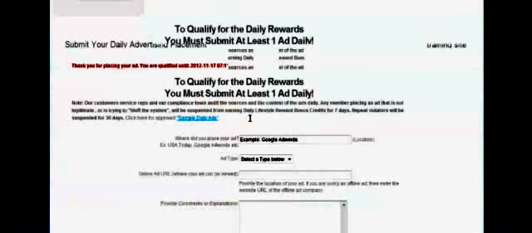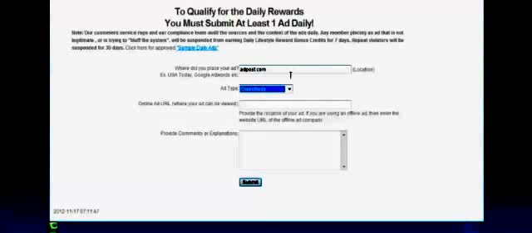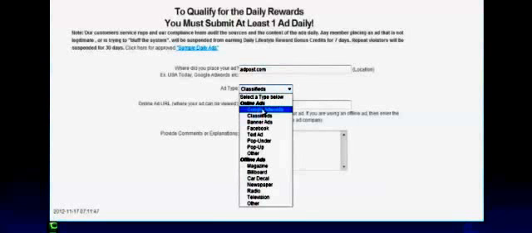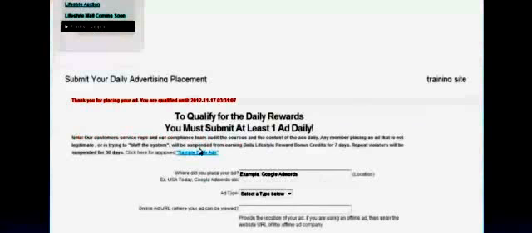So now you can come in here and hit place my daily ad. The first question: where did you post it? We posted this at adpost.com. The type of ad you can choose from, if it was Google AdWords, classified, banner ads, Facebook, whatever. This was an online classified ad. And for the URL where it can be viewed, I'm going to right-click, paste, and simply hit submit. Simple as that, guys. So now I am qualified for the next 24 hours, until the 17th, to earn out of the business builder pool the company pays out. So, guys, that is it.